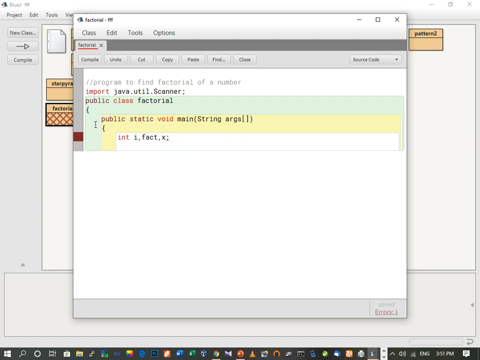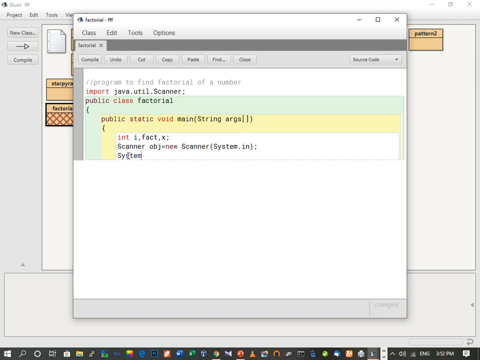Now, as we are using the scanner class, we need to create an object of this scanner class. So Scanner obj equals new Scanner(System.in). Here we have created an object of the scanner class. The object name is obj. Next, we will print a statement which will appear on the screen, and the user will be asked to enter a value.